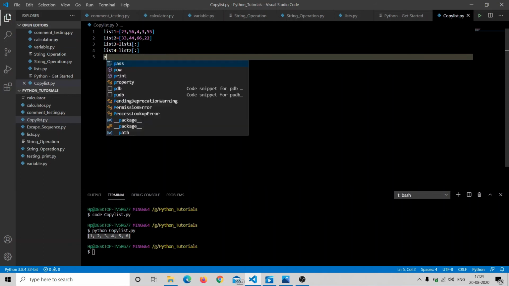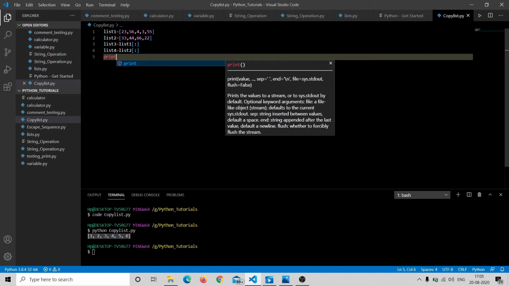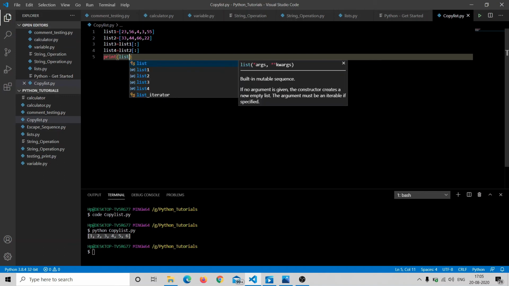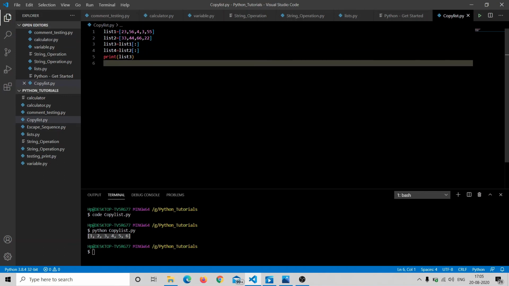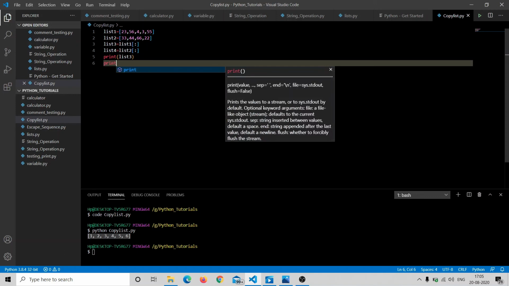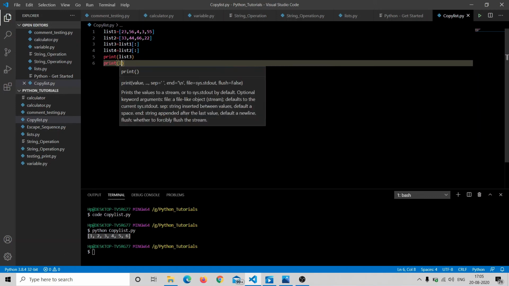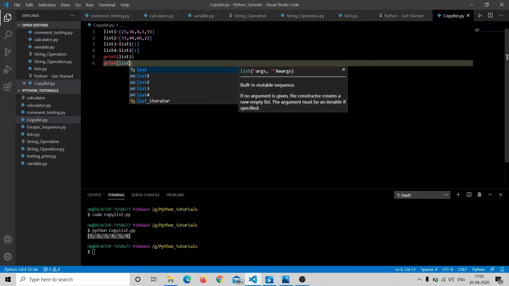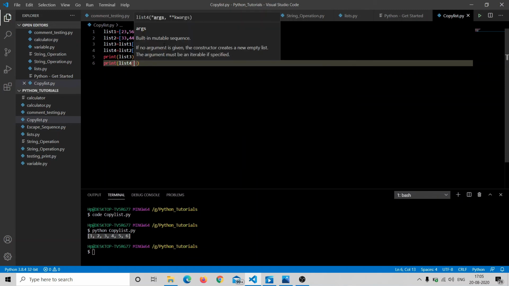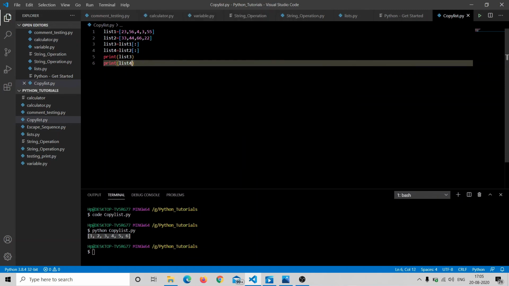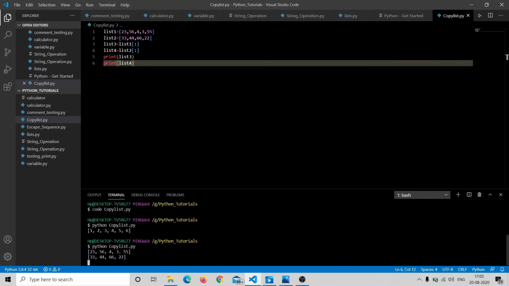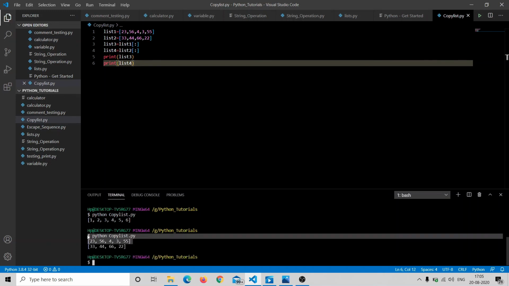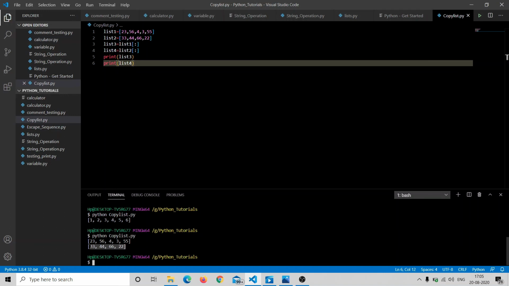So what we have to do is just print them. List 3, list 4. Okay, now here we go. You can see we are getting our list. So yes, we successfully copied our list.